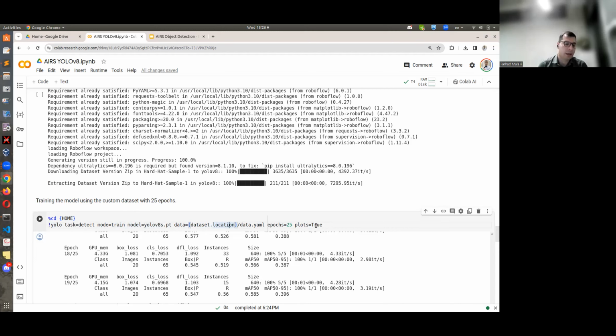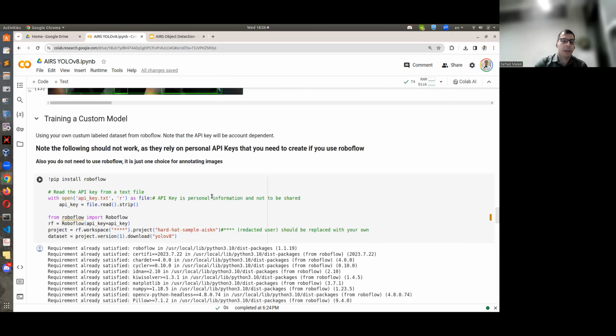In one single line, you can train your model. So the challenge really is not in running it. The challenge is creating your datasets. You might need a large number of samples.